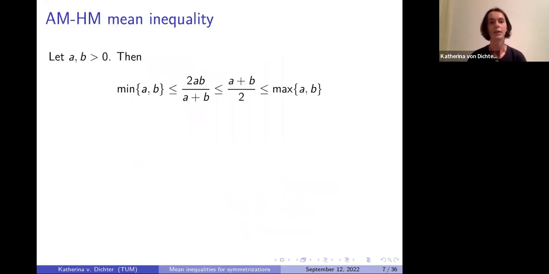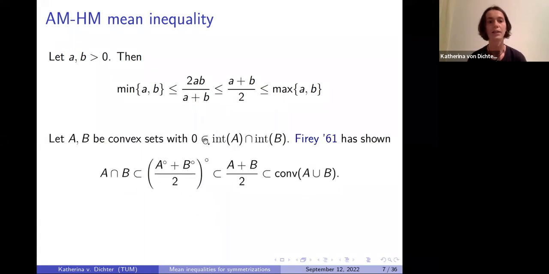So let's start with the basics. We have the arithmetic-harmonic mean inequality, which we can extend with a minimum and maximum. Here A and B are just positive numbers. This can be extended also for convex sets. So if A and B are convex sets, then in 1961, Führer has shown that we can also get